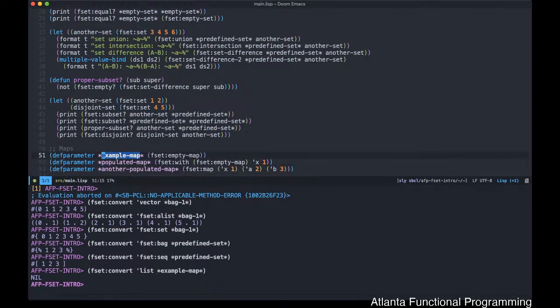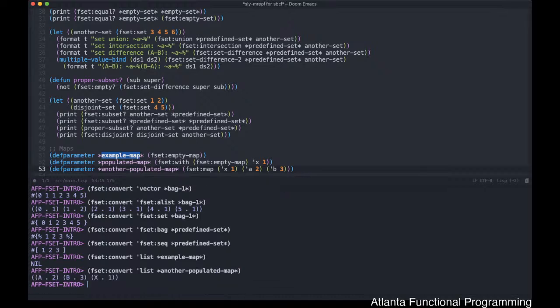Populated map is what I wanted. Actually, I'll use another populated map. Another populated map. And what that does is it converts the populated map into an actual list of dotted pairs. This is the only situation where you can take this and convert it into an associative list, whereas